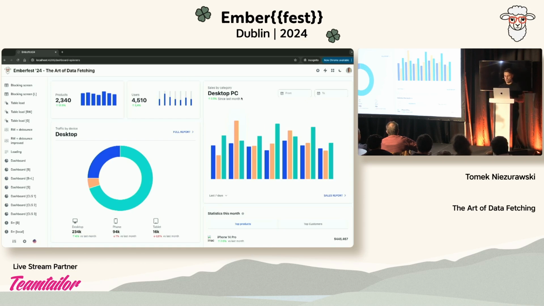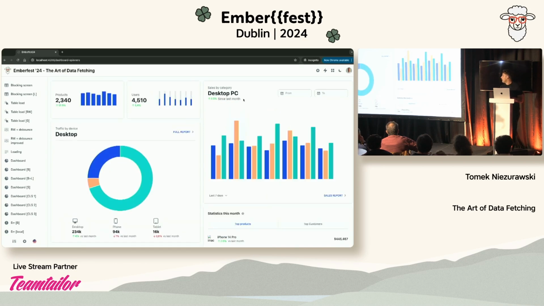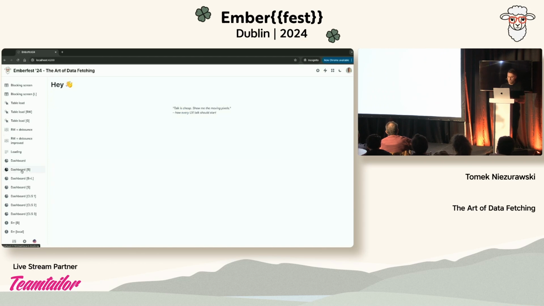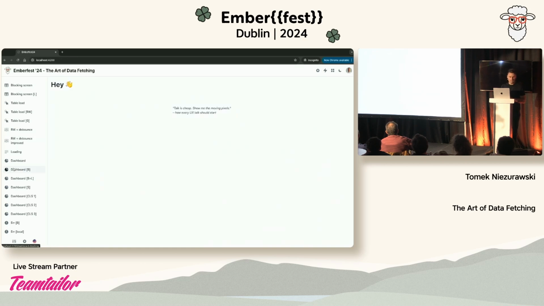So for example, if you notice here, that information we also have to load because we don't know yet if the sales went up or down. So we put a small spinner there, for example. In cases like that, maybe skeletons are a better idea that can reduce the layout shift that we have. And just to compare with the blocking screen example, it can look like this, right? Everything loaded at the same time. I'll tell you again when I click,